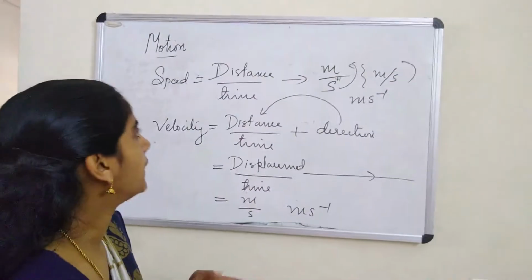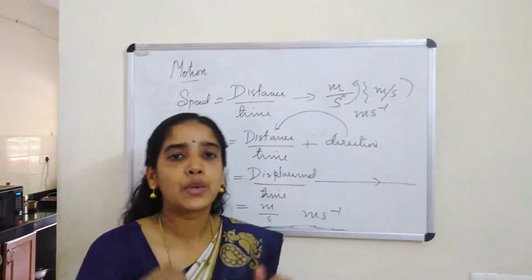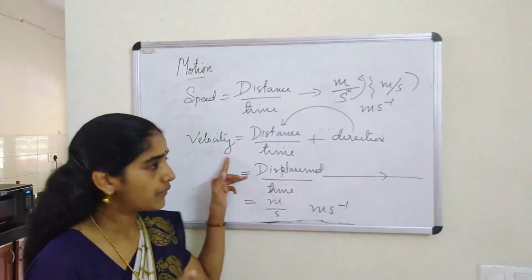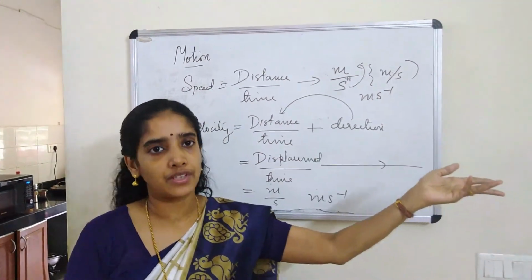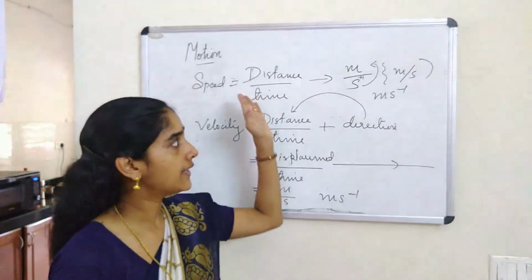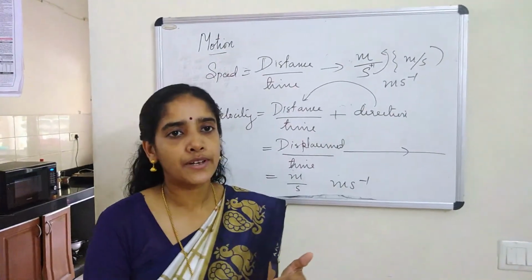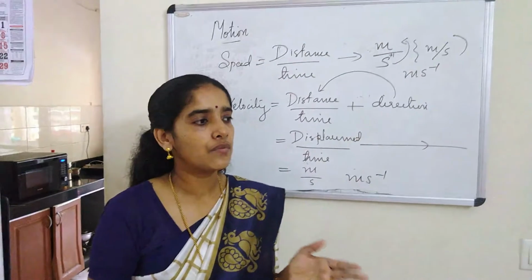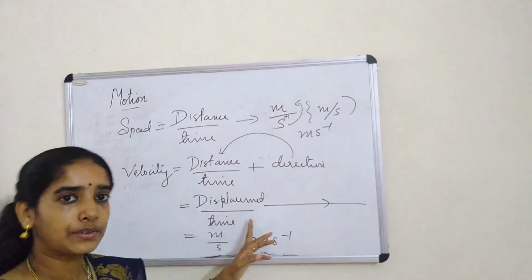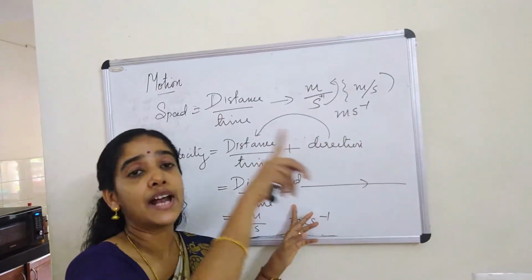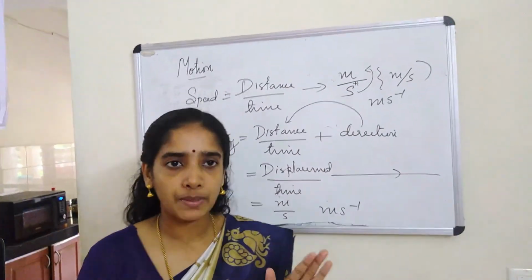So what we understand from here? Speed, which among these two, which is more informative? It is velocity. Why velocity is more informative? Because velocity tells us at what rate the object is traveling and in which direction the object travels. But speed tells us about what? Speed tells us only at what rate the object covers the distance. That information is given by speed. But speed never tells us in which direction the object is moving. So we will be able to locate the object if we know the rate at which distance is travelled, but also in which direction this distance is travelled. That means about velocity. This is the main difference between speed and velocity.